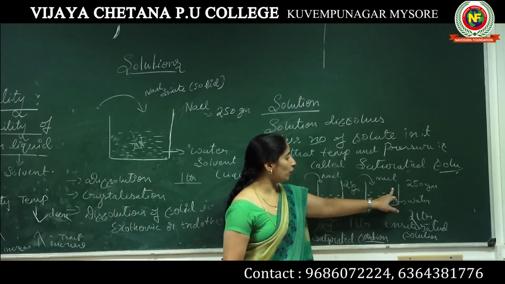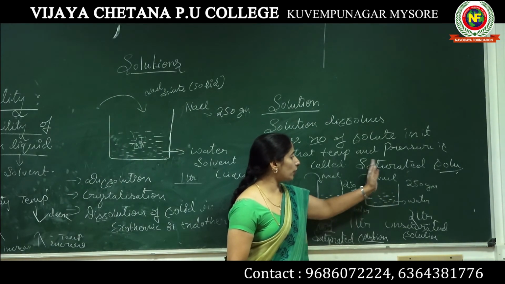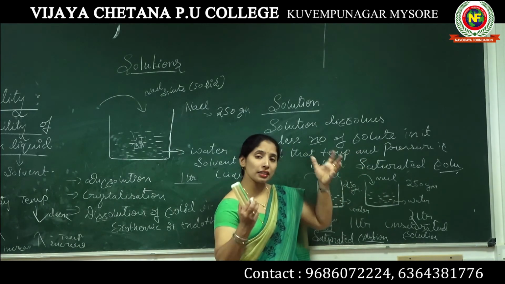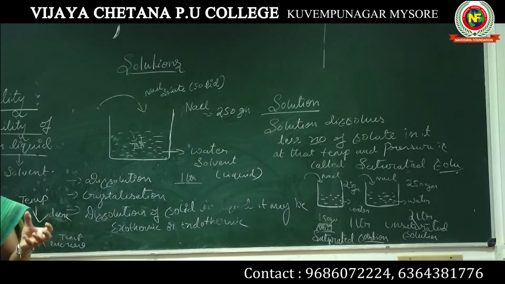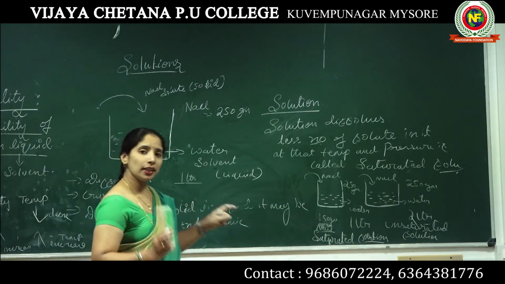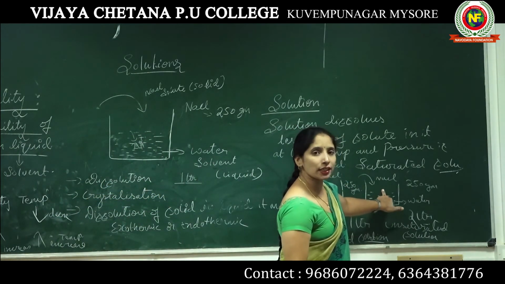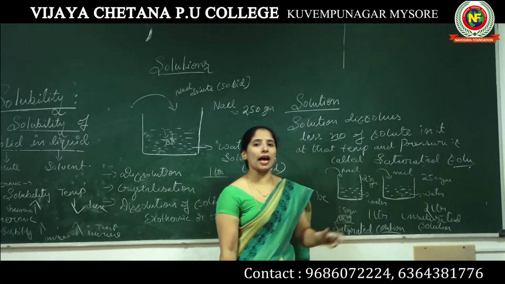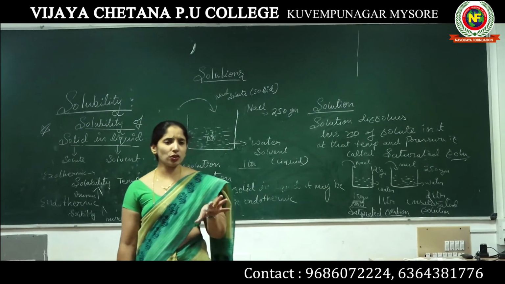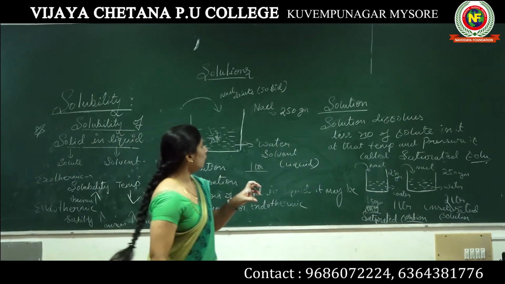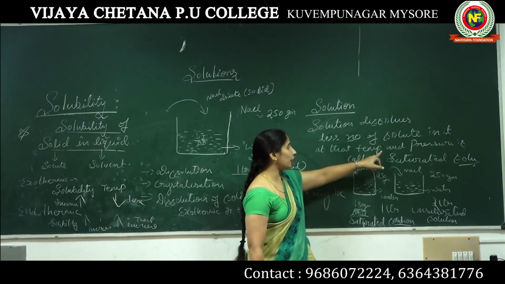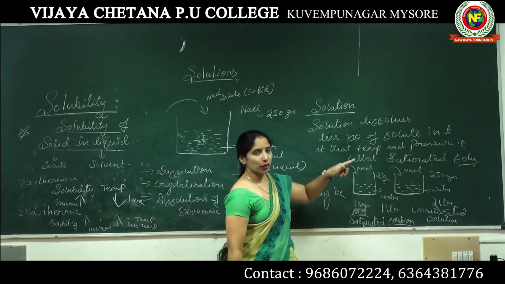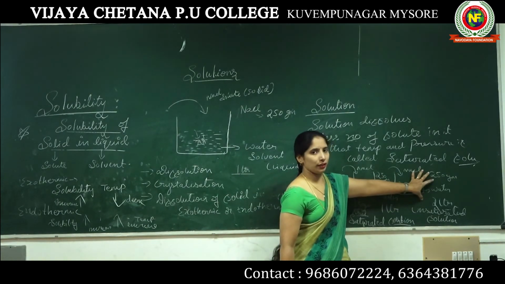If you take the other type, here there is more capacity, so it goes on dissolving more solute. Hence it has the capacity to dissolve more in it. A solution that dissolves more solute at the temperature and pressure, such a type of solution we call an unsaturated solution. Unsaturated means a solution that can dissolve more solute in it at the temperature and pressure.